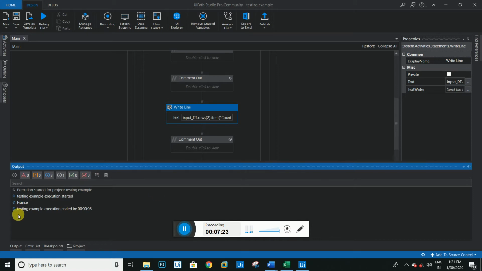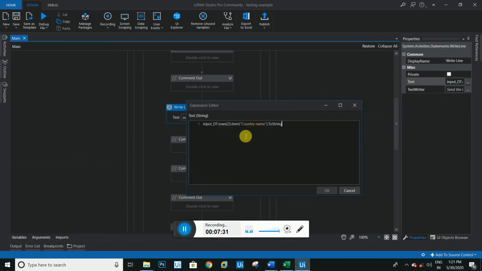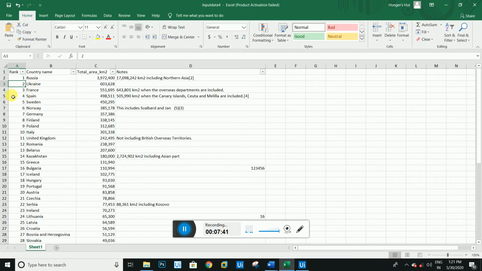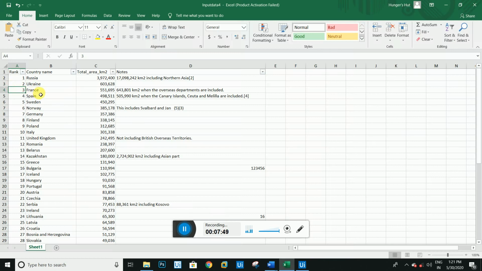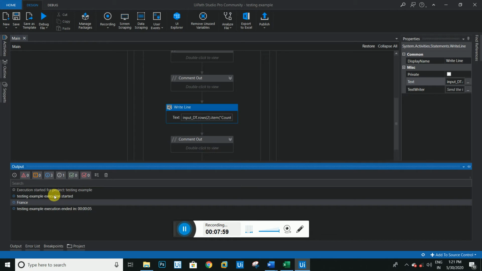So guys, we get the record here, France. We will check what we wrote here. Now we are going to find the record. I have to select the index number 2, from your table 0, 1, 2. This is the index number 2, and item dot country name. The column is country name, the France. So that's why it's giving this record, France. As you see, the output is coming here, France, right?